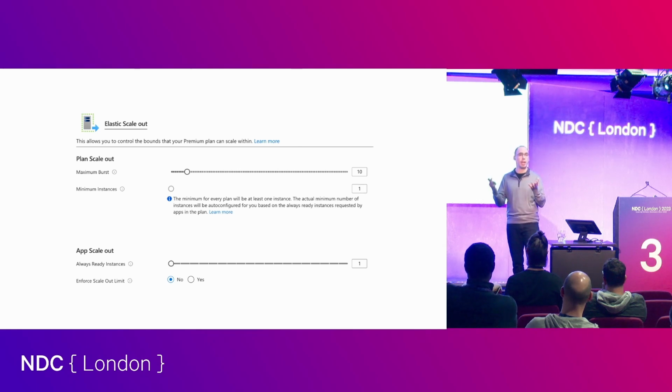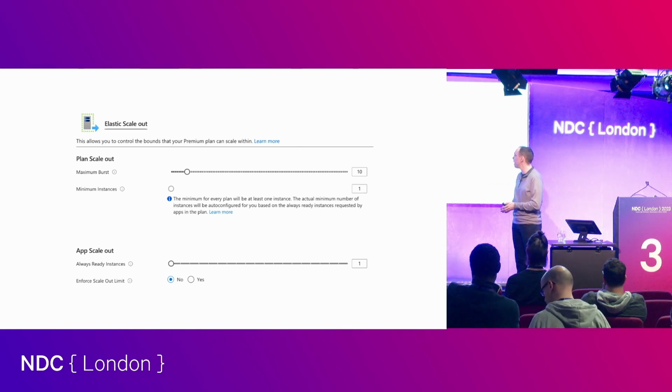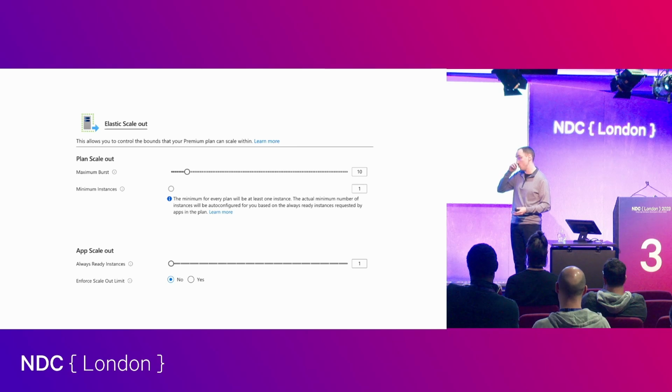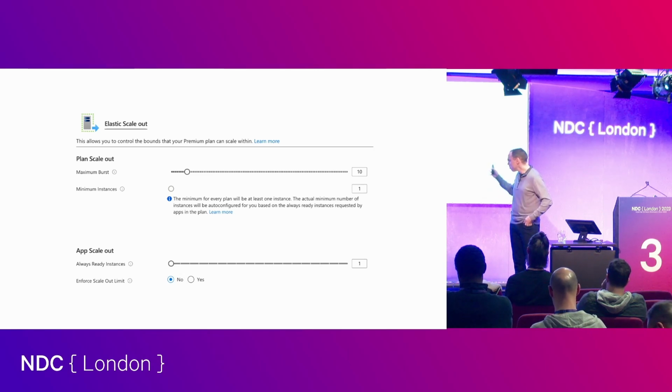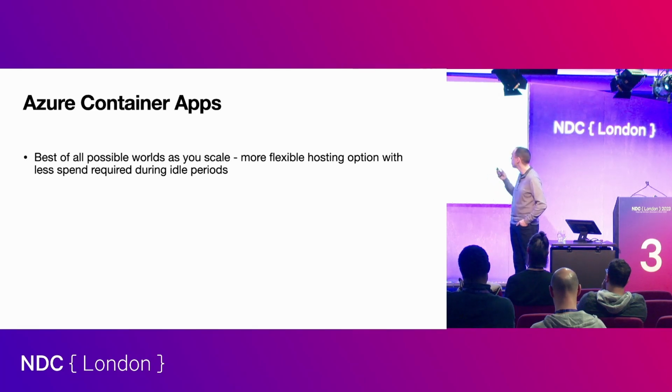It also does come with nice scale options so that you can say, here's the maximum number of instances that you can burst out at any one time, and how many instances do you want always ready to respond to requests? Depends on your traffic flow. It depends on a lot of things. So it does give you that flexibility. Again, going back to what it is when we talk about it being serverless, you're not managing the underlying servers. You're just asking for instances and it's giving them to you, and all you're doing is paying for them.